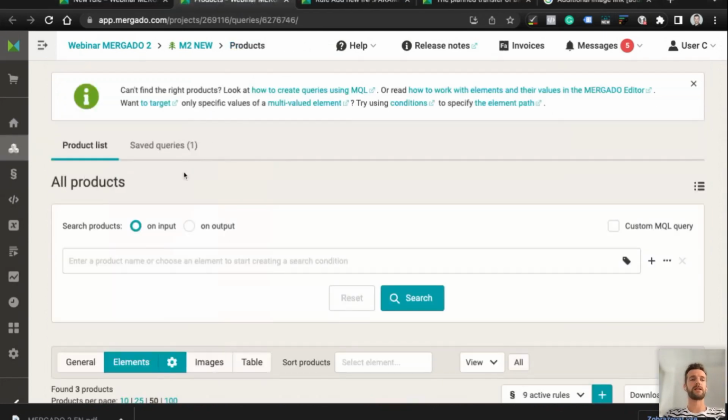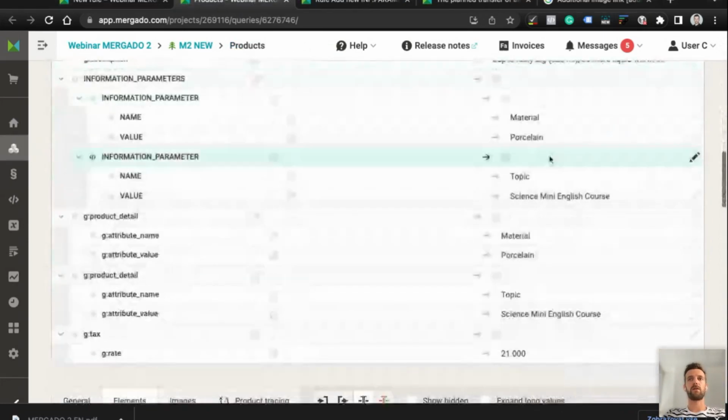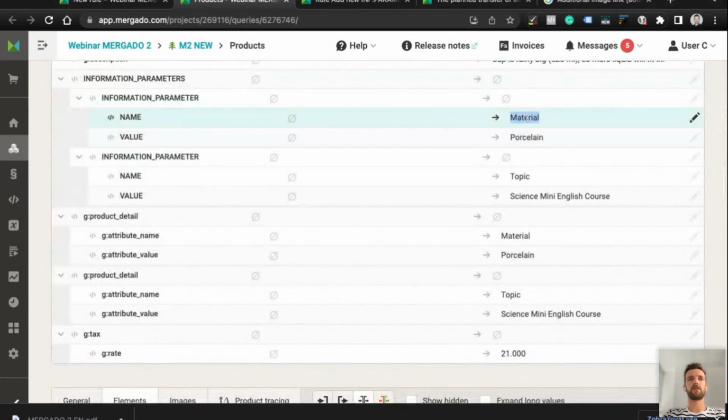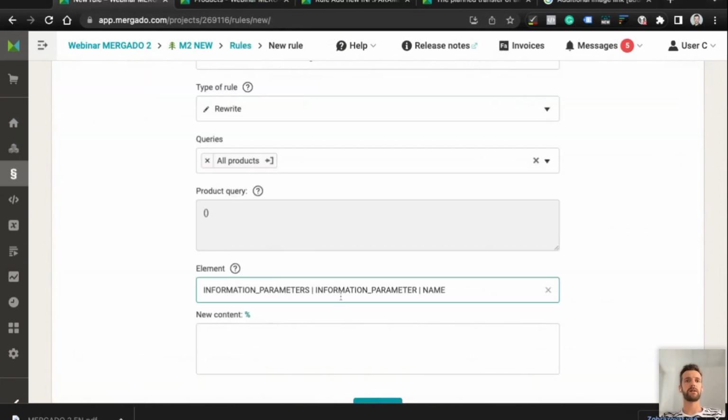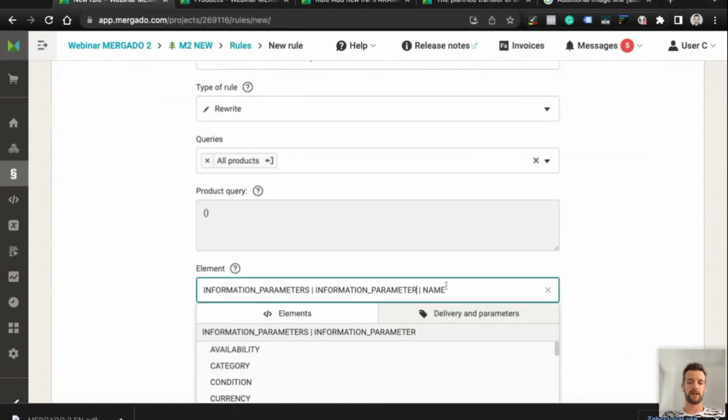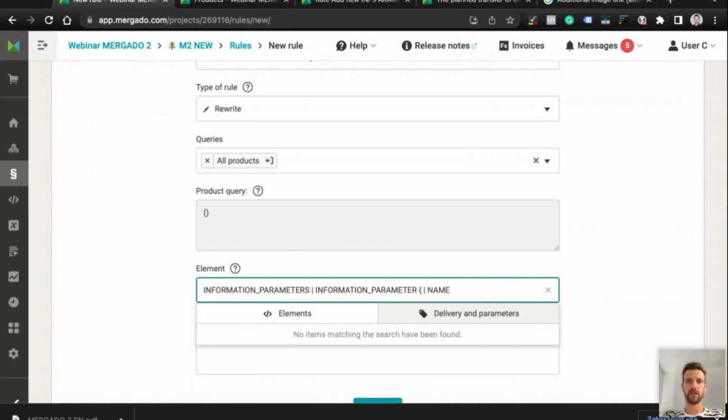Let's open it on the second tab. I want to target a new one, which currently is empty. So I can use a simple condition to target really the name element, only for the information parameter